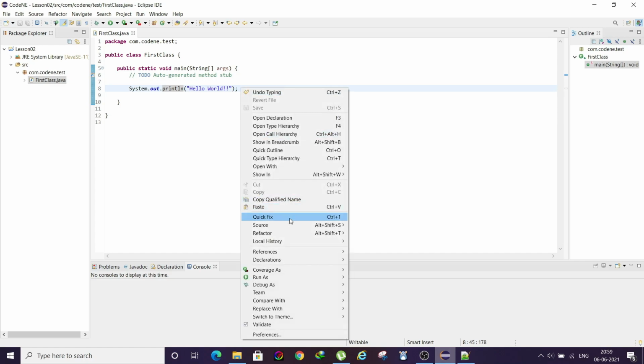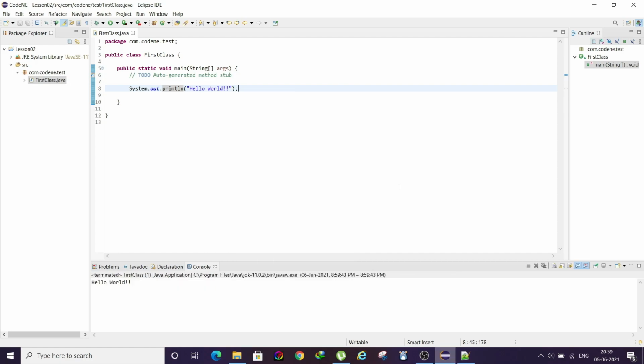Now you right click on it, then click on run as, click on Java application. Voila, you have been able to run your first line of code in Java. As you can see, we are able to successfully print hello world. This is how you can run your code in Eclipse, and this is very helpful as Eclipse most of the time will automatically generate some lines of code for you so that your work proceeds faster.